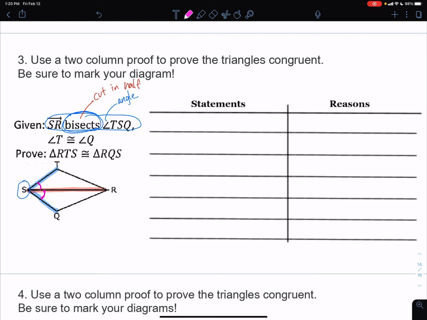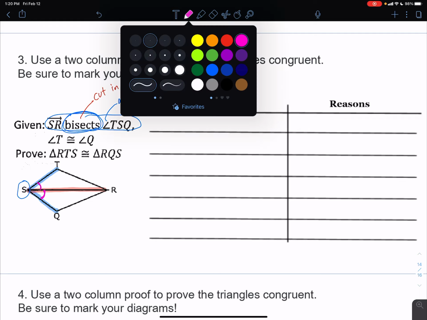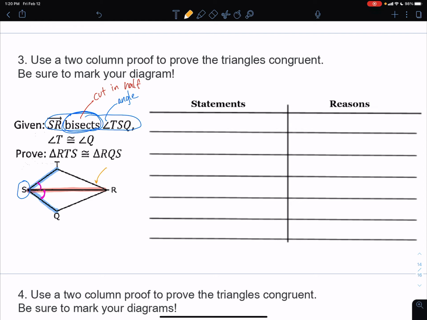Now, your question dealt with, it creates 4 angles, right? Because there are angles over here, top side of R and bottom side of R. But it doesn't say anything about bisecting R. It only talked about bisecting S. So we can only say that where we drew the pink angle loops here, we can only say that those are congruent. We can't do anything where I've drawn my orange arrows, because even though it looks like it, nowhere in this proof does it tell us that our red line does anything to angle R, or we could call it, TRQ. But it just doesn't say anything about that, and so we can't assume it,